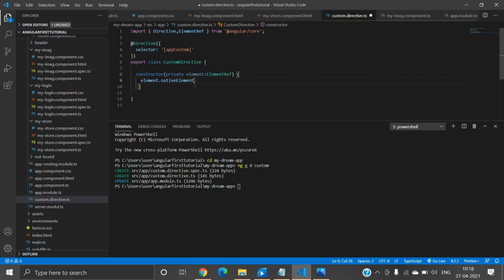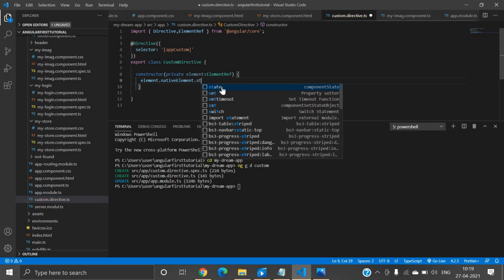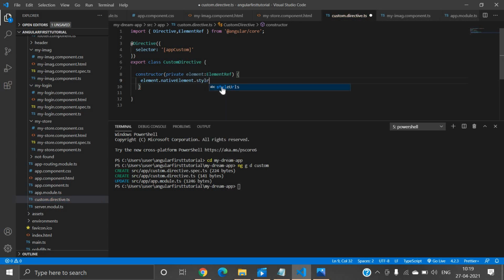It is also used to manipulate and change DOM elements, right? It will change some data in DOM elements. And after that we will pass style. You can use any CSS properties.